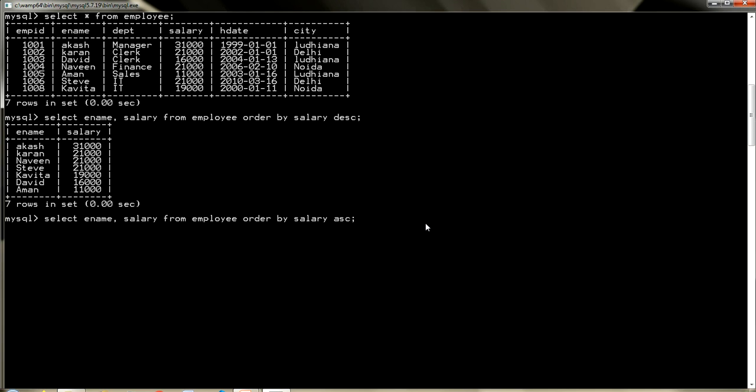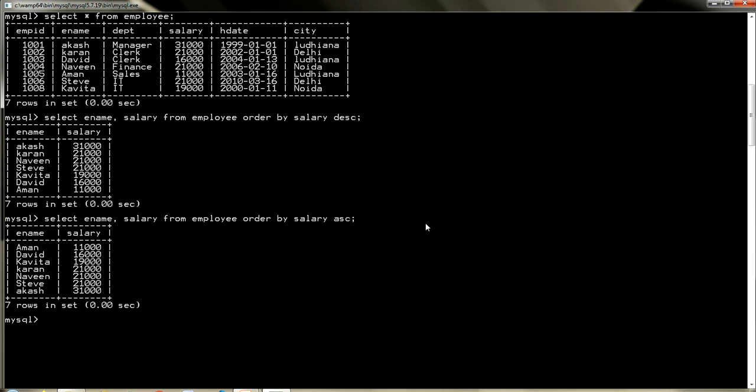Now it will reverse, it will sort the data in ascending order. So you can see the result. The employee whose salary is the lowest, their record is coming first. So 11,000, 16,000, 19,000 and so on.